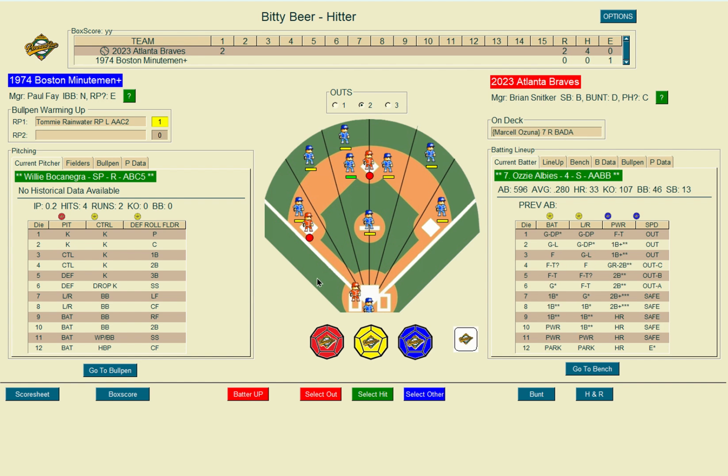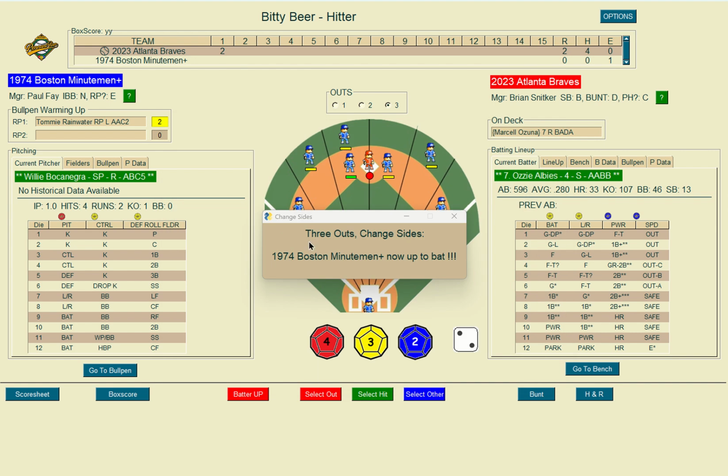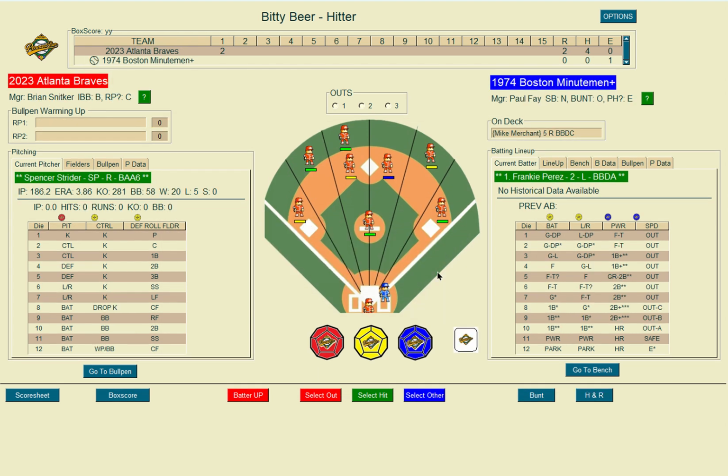Ozzy Albies, switch hitter, but he's an A. Hit 33 homers this season. 4, control 3, struck him out. Boccanegra finally got out of the inning there. Really did well, only to give up 2 runs. So Spencer Strider to Frankie Perez, 2-12